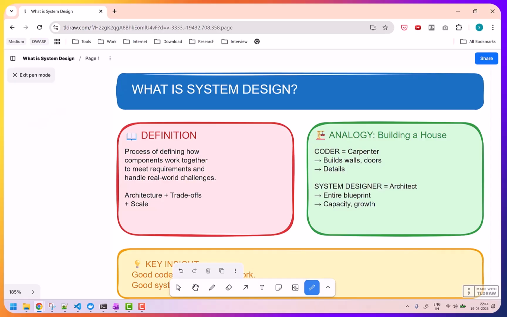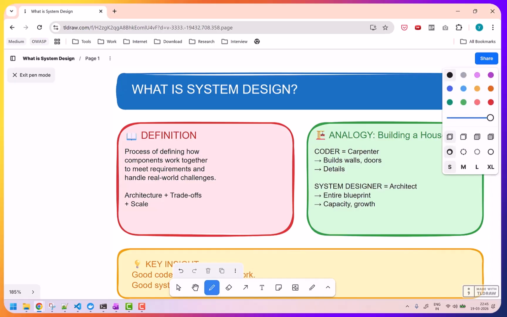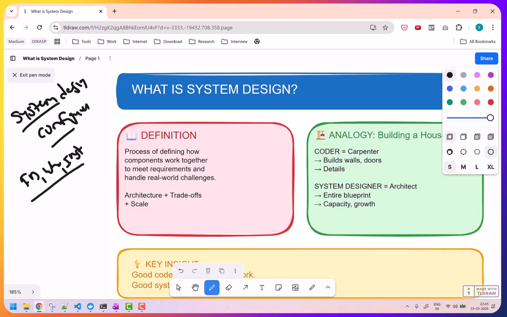Now, why would this have happened? The reason for this is a system design issue. A simple system design issue which lies in the configuration. A configuration change in their backbone network caused a domino effect that brought down the entire infrastructure of Facebook, WhatsApp, and Instagram. So just think of how important system design is.